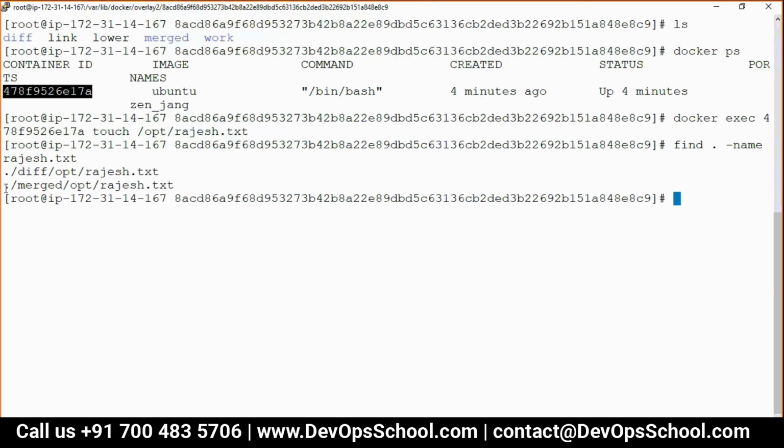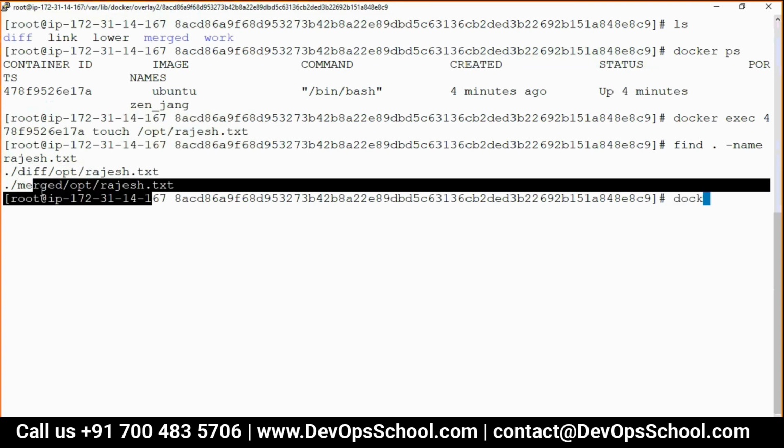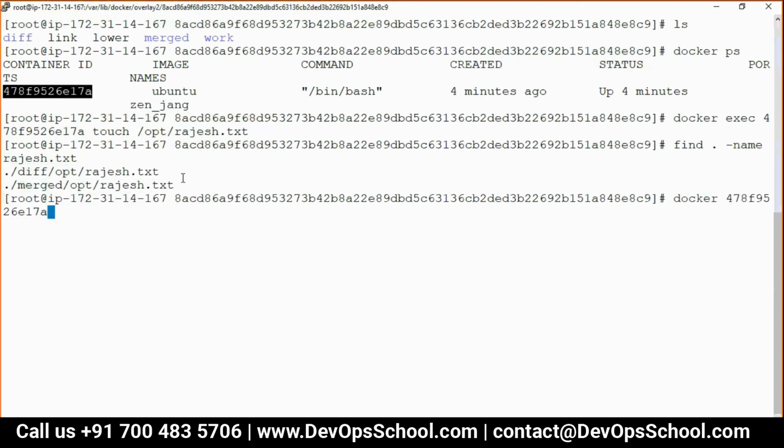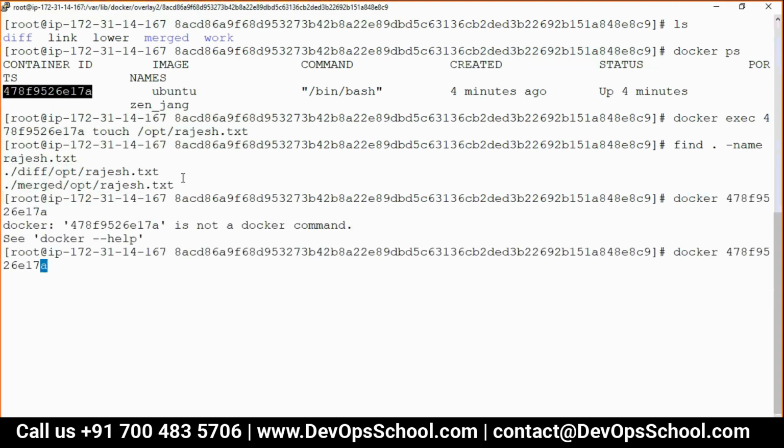Yes, you got it. See, guys, here, this is what I am seeing in the container. But this is where it has been written. Why? Because if the container is gone, stopped, this will get removed. See, I'll stop the container. You see that? I stopped the container. Where is the container ID? Here it is. The merge directory will disappear the moment you stop.